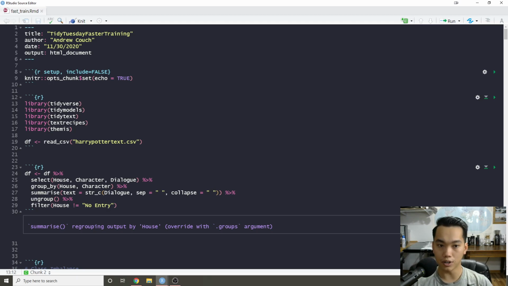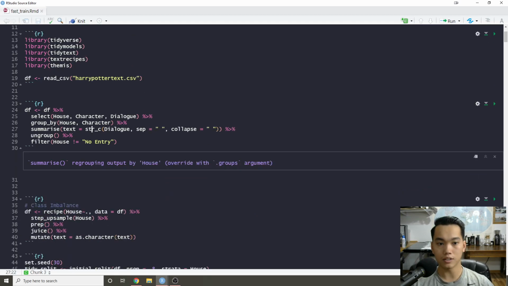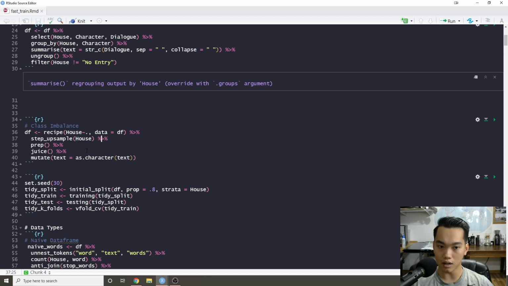I basically loaded in the Tidyverse, TidyModels, TidyText, textrecipes, and Themis. These are all text and machine learning packages, and also class balancing stuff. So I read in my Harry Potter text CSV. I summarized it by each character, and then I combined all of the characters' text into one single value, and then I rebalanced the entire data set so it would be balanced towards the house,